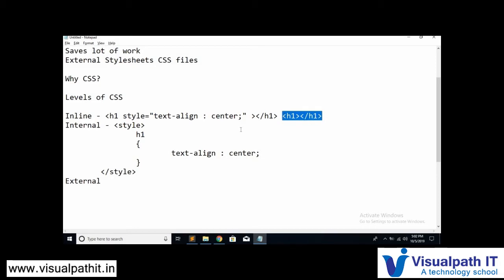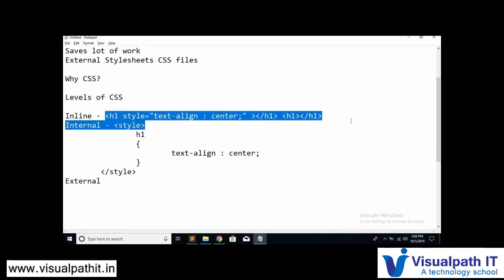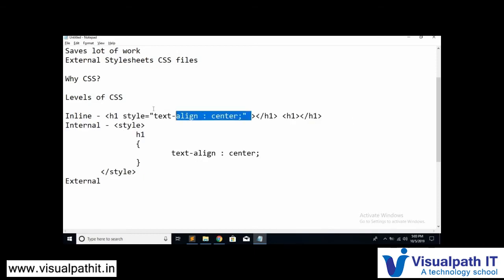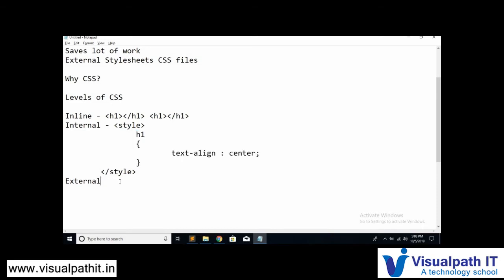But when it comes to internal, all the h1 tags, both of them, or any number of h1 tags, will be aligned to the center. So this is the difference between inline and internal, the meaning of internal.